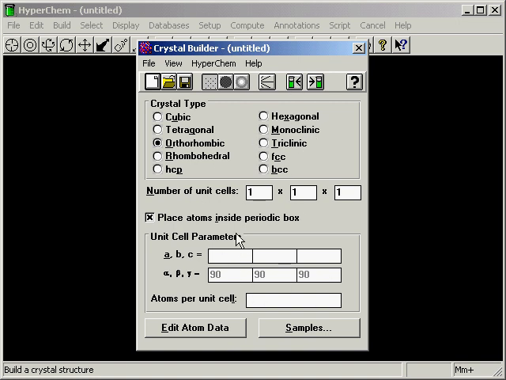This is a separate module here, so we have to go get the molecule from HyperChem, bring it in here, and now we can decide what kind of crystal to build. I'm not really sure what the unit cell in benzene is, but let's assume it's hexagonal for some reason, and then we can put some numbers here like 6 angstroms and 8 angstroms, say, and then send this back, or